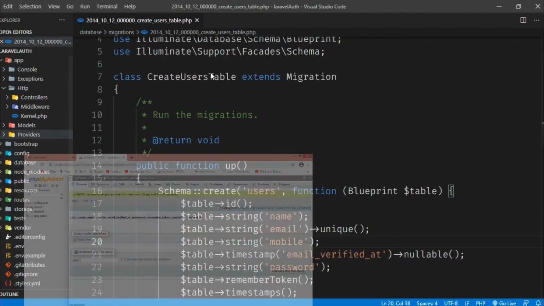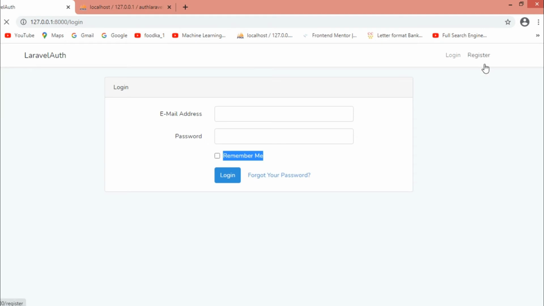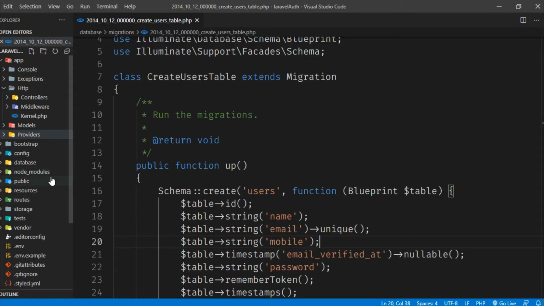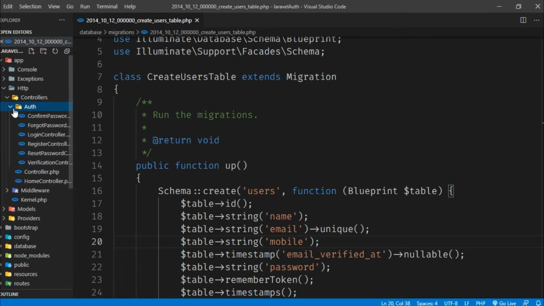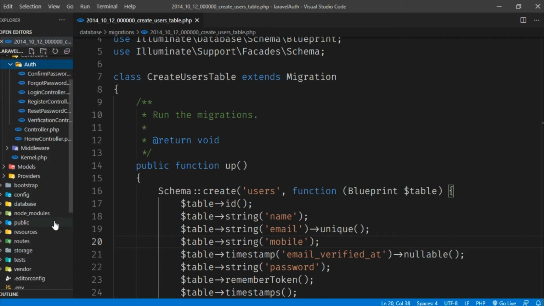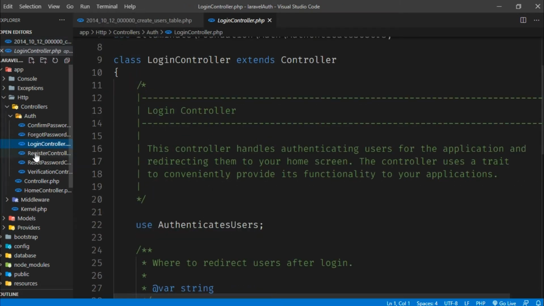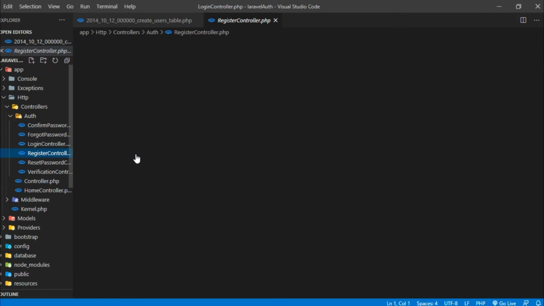Now first let me go to the registration form. You can see this is the registration form, but the mobile field has not been shown. So we have to go to the controller, the auth folder, the login controller, sorry, the registration controller.